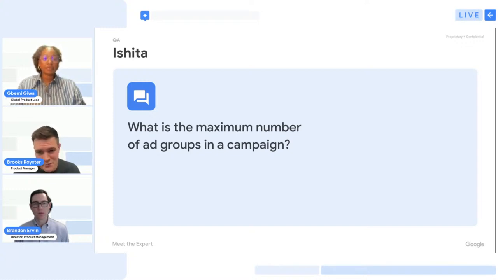But again, I think this really comes down to things that we've all kind of mentioned around just the feasibility of business goals and segmenting based on the things that are really driving value, not duplicating where you can simplify that value into a singular campaign and the ad groups and keywords needed to do that as well. So yeah, I think that's where our guidance would be. But again, this is something that really should be driven at the end of the day by those business goals and the business value that you're trying to define within these accounts.